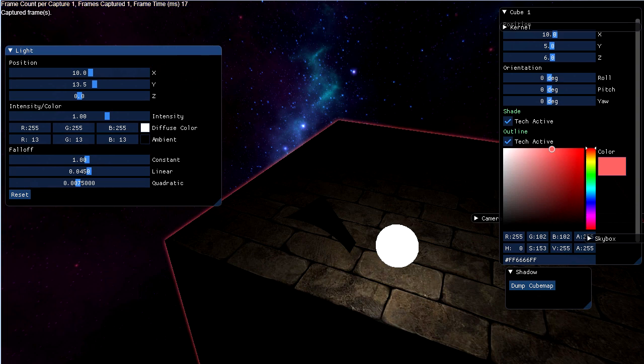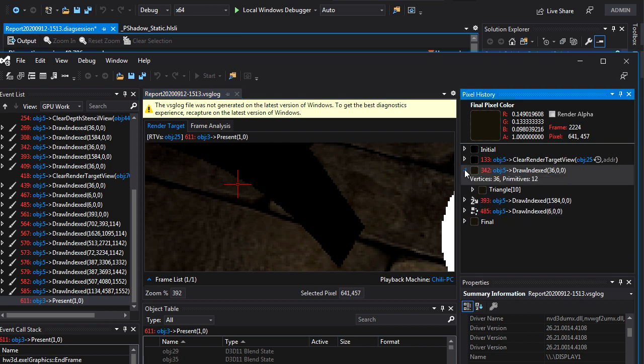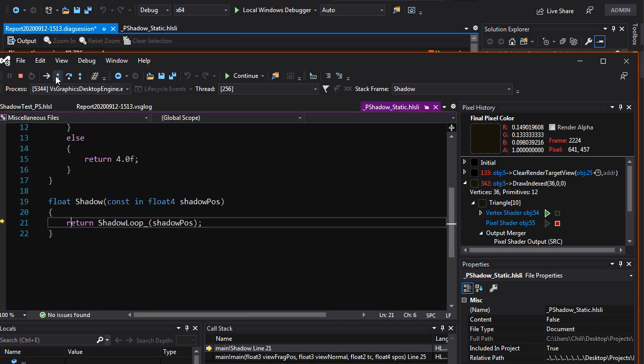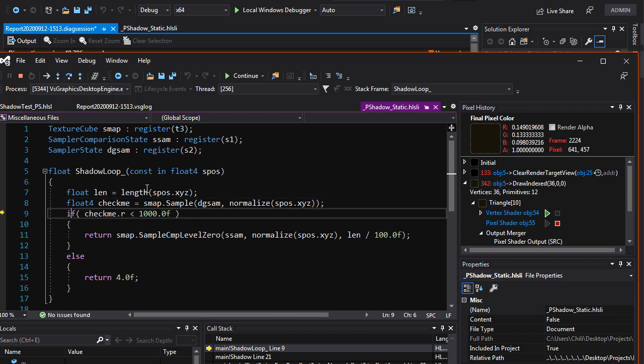I'm going to capture a frame. Take a look at a pixel just outside of the dead zone there. Shadow position seems plausible. Y is below, right? Z is positive, X is negative. That seems to correspond with the orientation that we have it in. I'm going to step into here. We are going to get the length, which, yeah, that seems about right for those distances. We are going to get the sampled value,